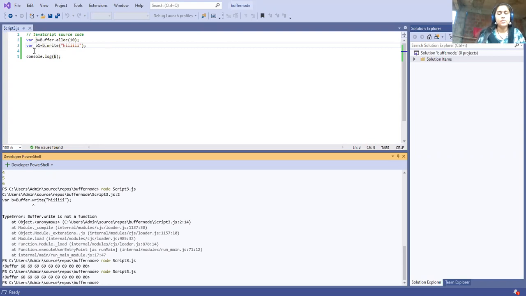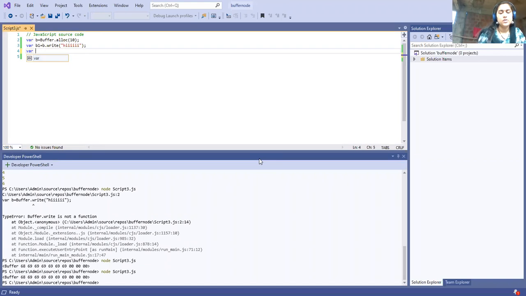Now the second buffer, b2 equal to new Buffer, where I'm going to create directly from a string and pass that string into the buffer, suppose capital Hi and welcome. Now let us see what the output would be for comparing two buffers.